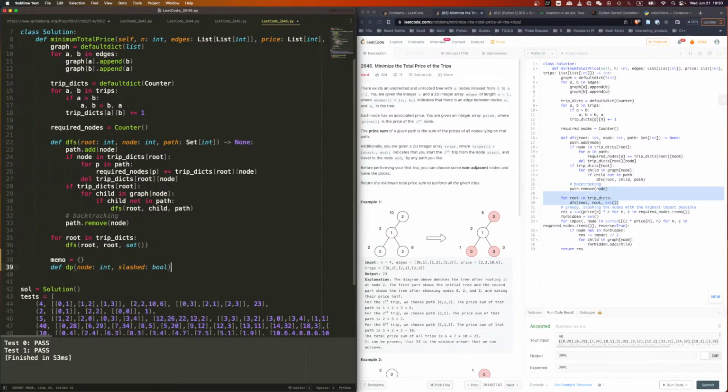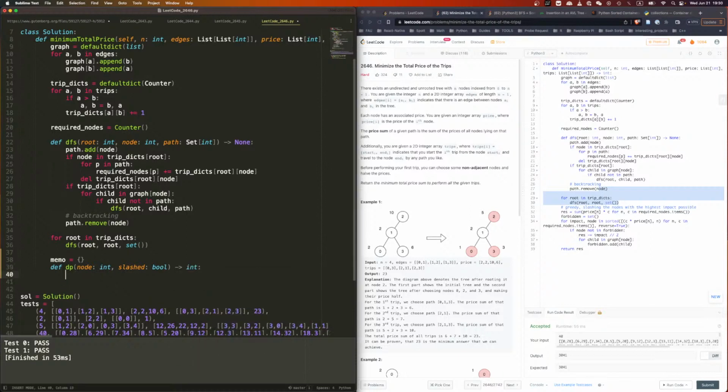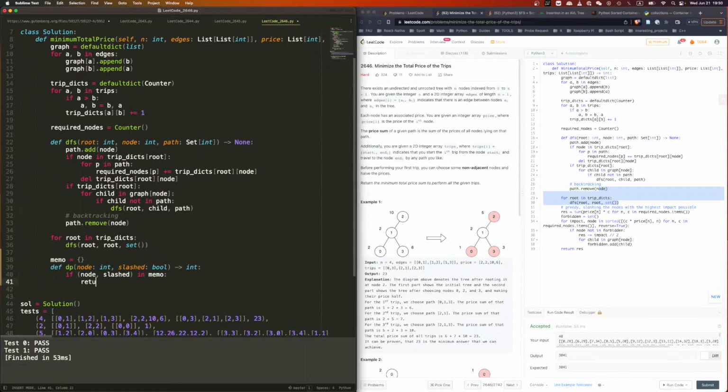That's a Boolean value. Return integer. Okay. Say if (node, slashed) is in memo, return memo[node, slashed]. Done. Else, if it's not, then we can say,